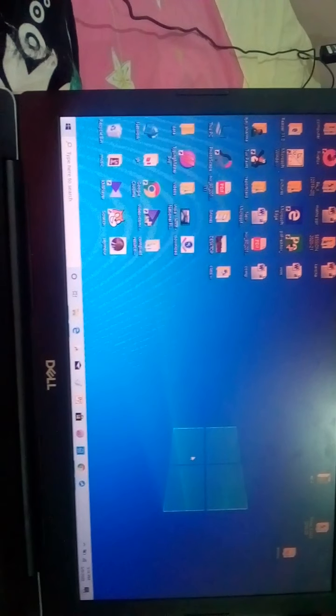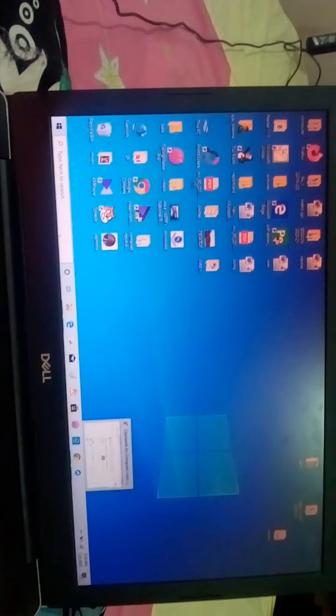Our next topic is, in this chapter we have done creating a file, creating a folder, and how you can open the folder, I have shown you. Now selecting multiple files and folders.